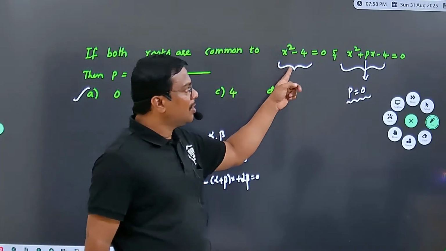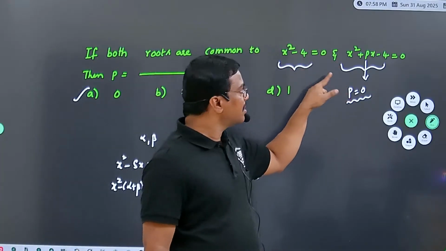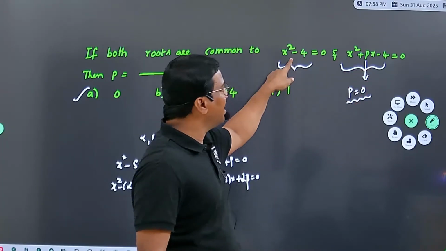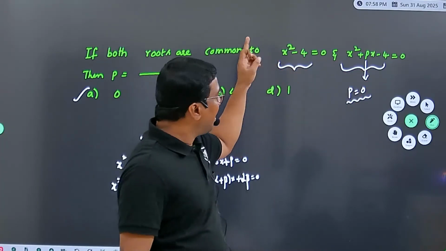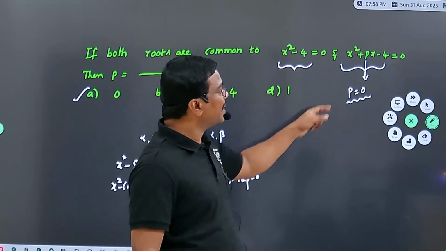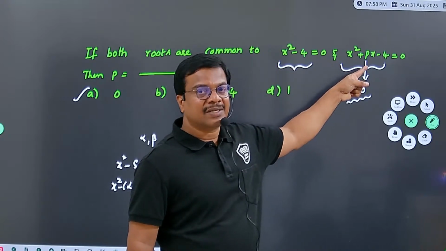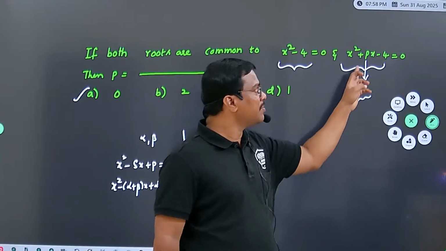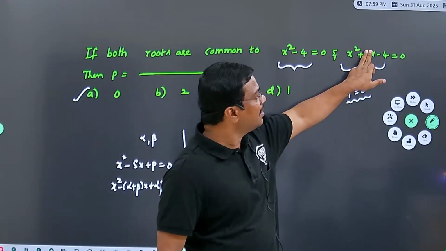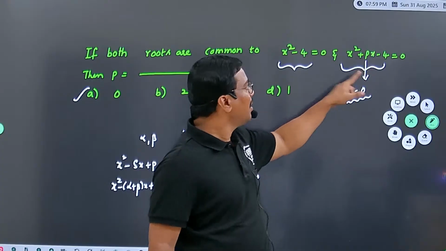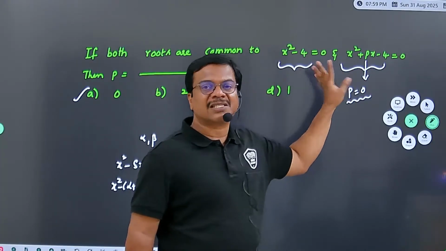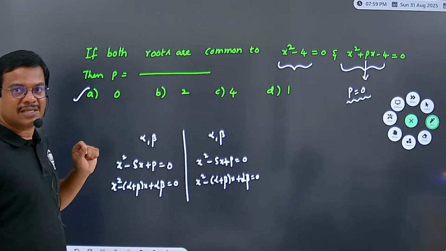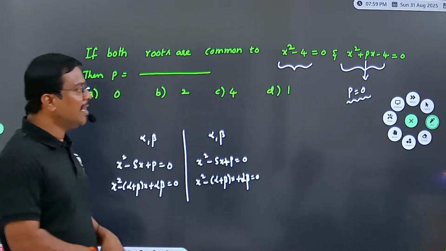To get both the equations the same, you just have to put the value of p equal to 0. Why? Because in this case the x term is absent, but here the x term is present. To get the same results, I am simply substituting the value of p, and hence the second term becomes 0. Then only both become x square minus 4 equal to 0. So p must be 0 in this case. This is one method. And another method,